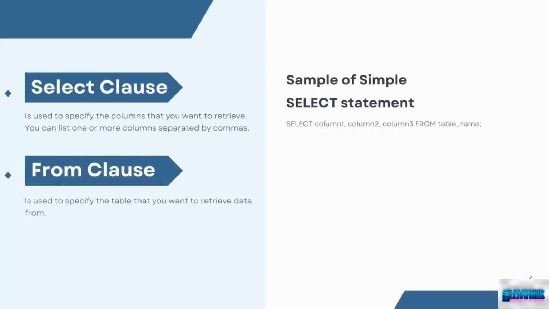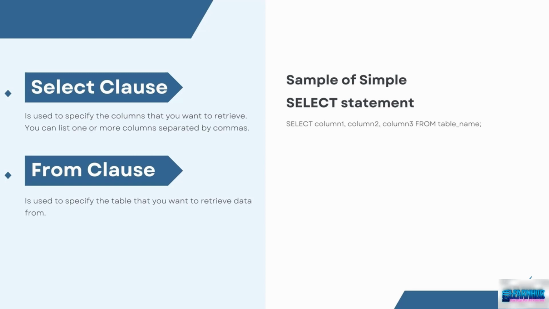The select clause is used to specify the columns that you want to retrieve. You can list one or more columns separated by commas. The from clause is used to specify the table that you want to retrieve data from. Here is a sample of a simple select statement. Select column1, column2, column3 from table_name;